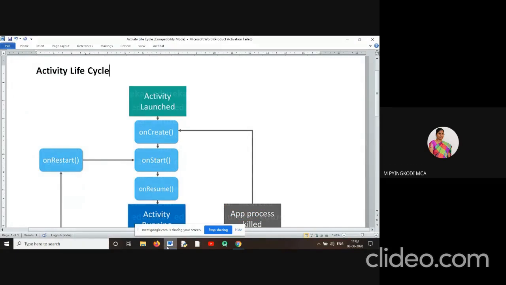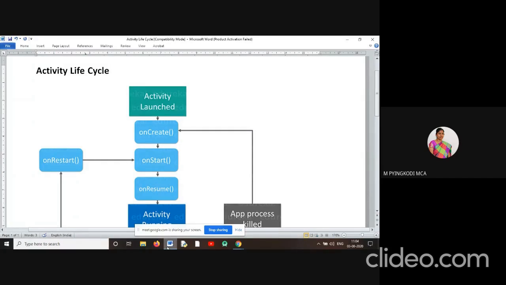So today we are going to discuss the Android activity life cycle. It deals with what all the methods called when an activity is called. When we open an Android app, usually 7 methods are called.